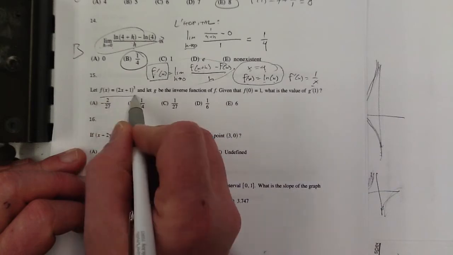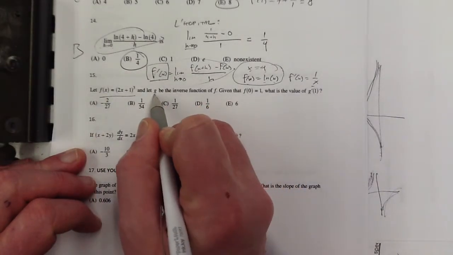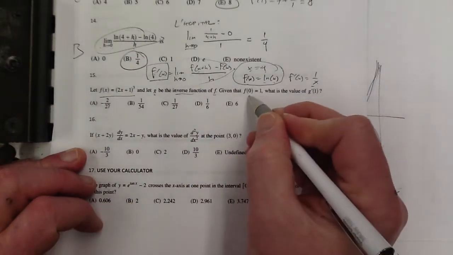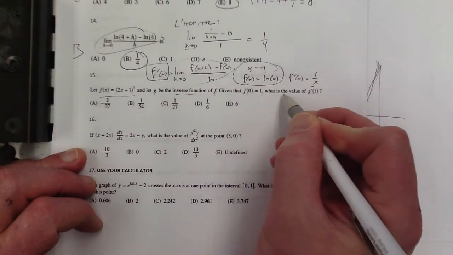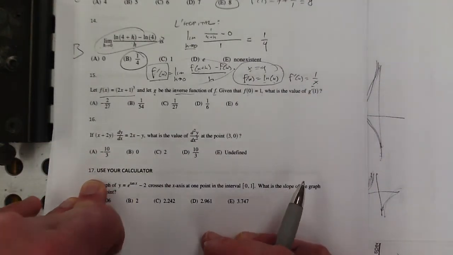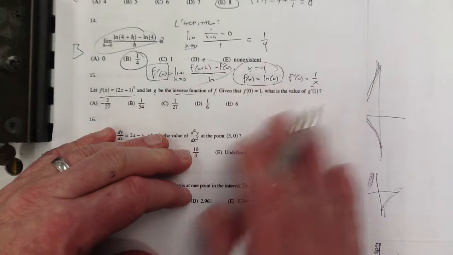So I've got this function, f of x, and g is the inverse function of f. Given that f of 0 equals 1, what's the value of g prime of 1? This is one of those. We did a sheet. I pushed something out to you that was a bunch of problems